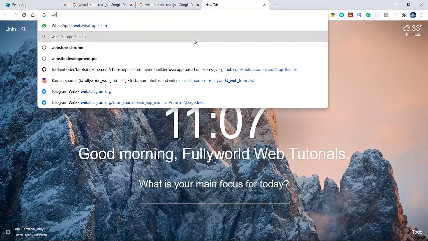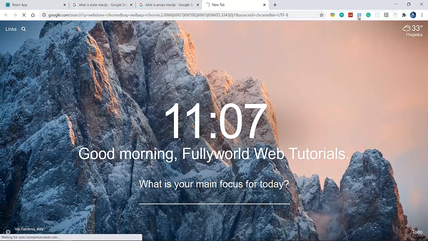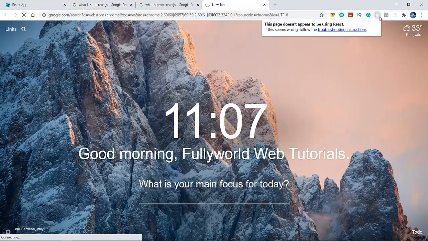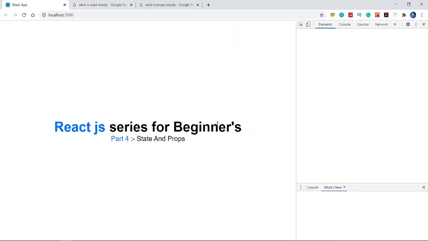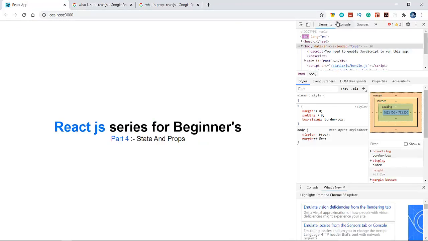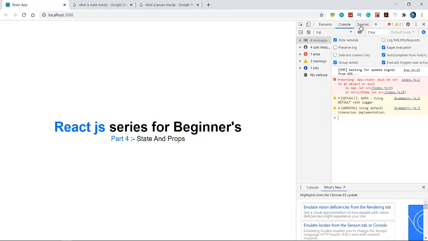Simply go to the Chrome Web Store and search for React Developer Tool. This is the name, React Developer Tool. You have to search for it and install it. Then let's see the components here.